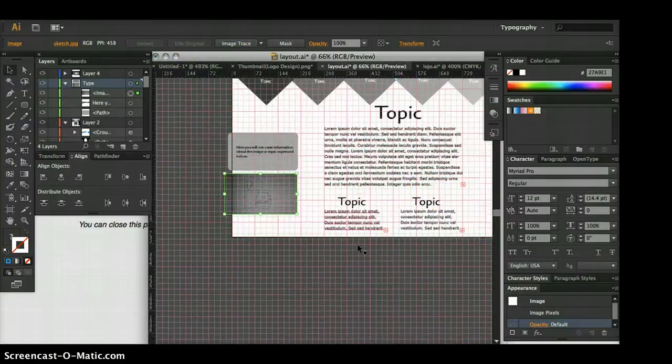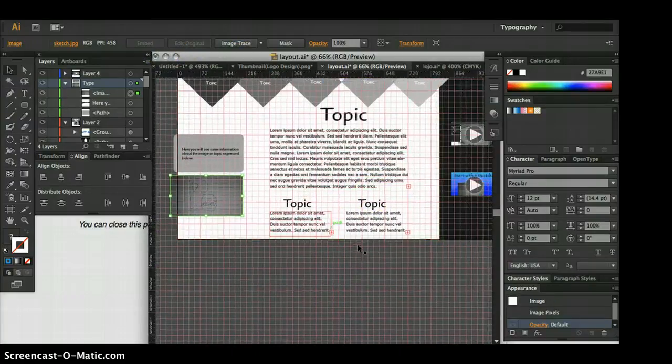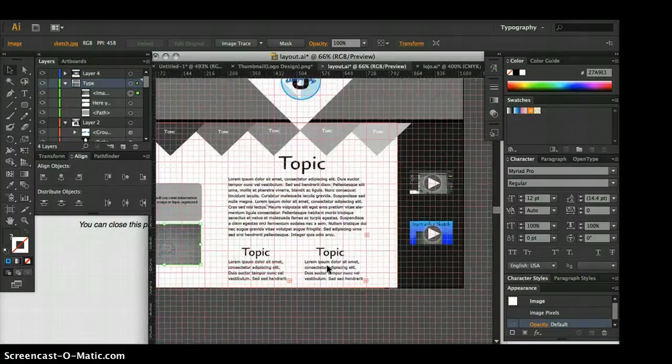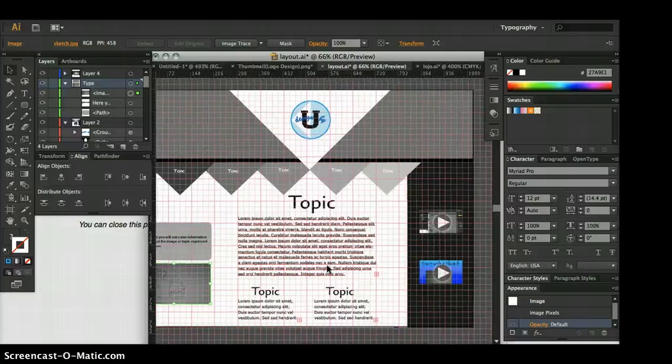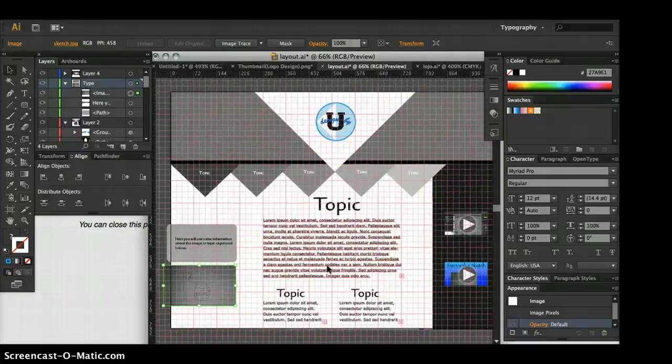Okay. So, as you can see, you can add in a whole other column if you need to. That's an important thing to have that kind of flexibility with your layout. And basically, there you go. It's an overview of adding an